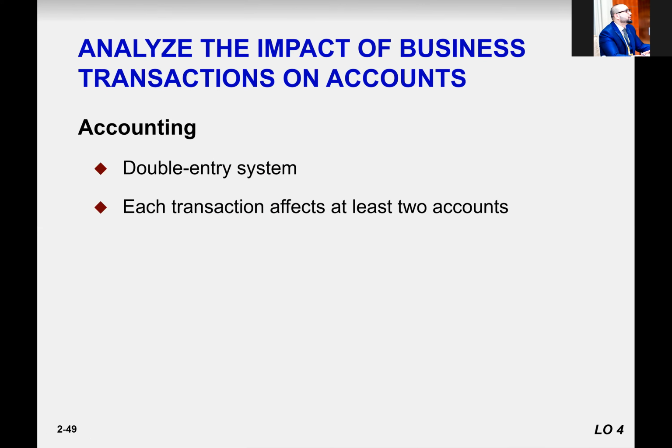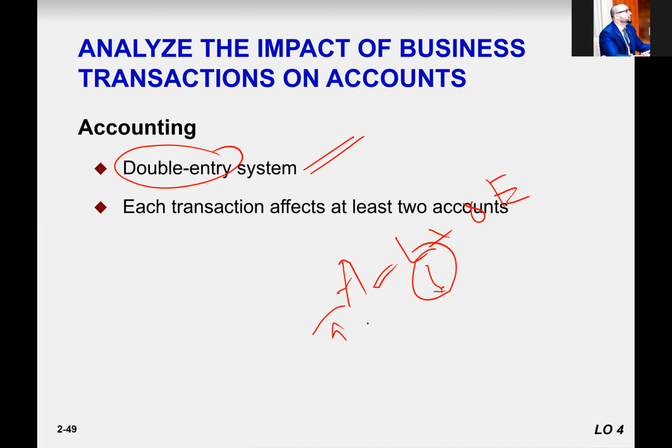So first of all, up till now, we didn't talk about the accounting systems. From now on, we will be analyzing the transaction with respect to the double entry system. Double entry means at least one transaction is affecting two accounts. We already indirectly saw this in our accounting equation. Like if cash increases, on the other side liability decreases, so at least two accounts are going to be affected, right?